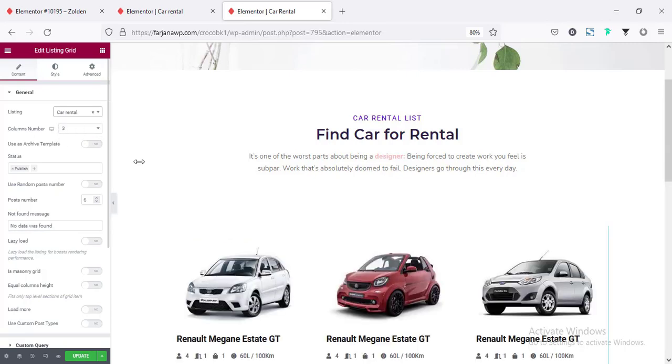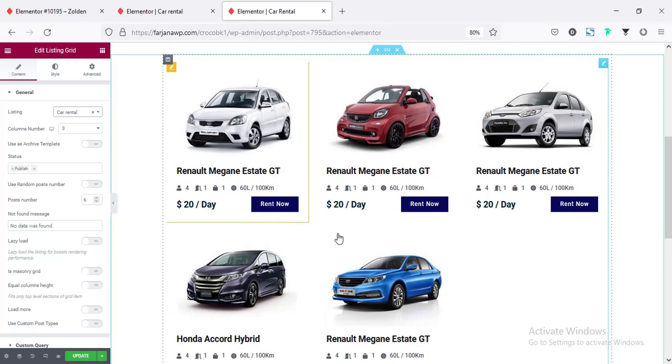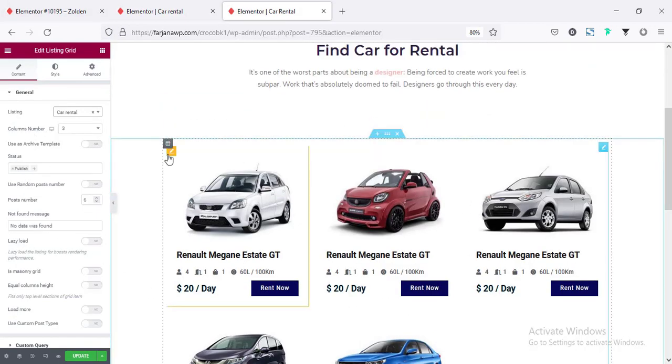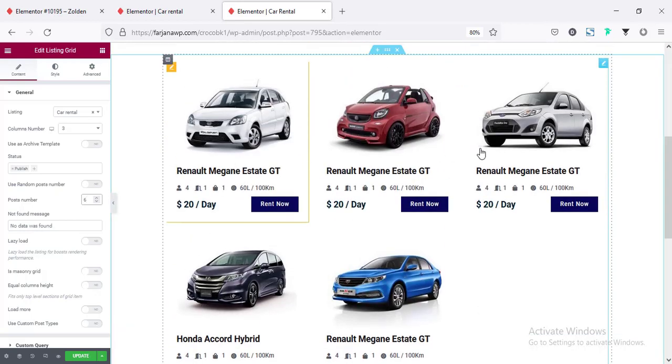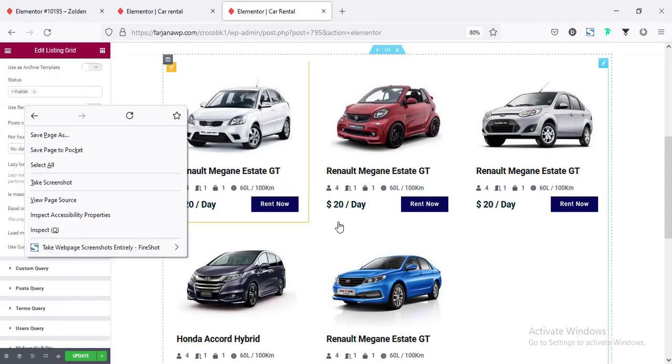and number of columns, so we can see all the car rental posts showing as a loop, and here is the design for listing. So from here we can customize our item number. This will be column number 3, and post number by default is 6. We have created 5 items, so it's showing 5, and also here we'll find more options to customize this